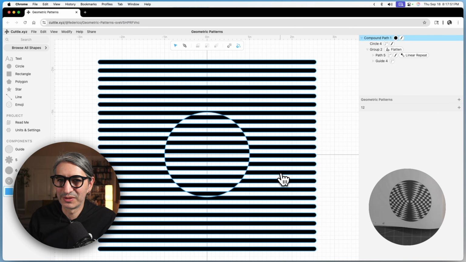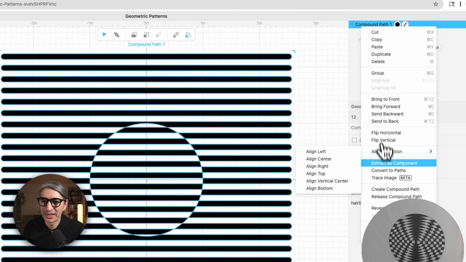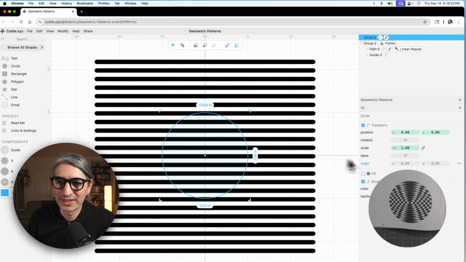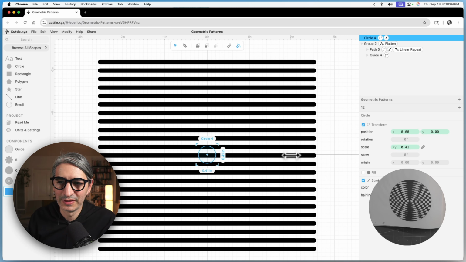So what we want to do now is a series of concentric circles. So let me release the compound path to do the operation here. I want my starting circle to be fairly small, probably 0.4, so it about overlaps that. So then this circle, I'm gonna give